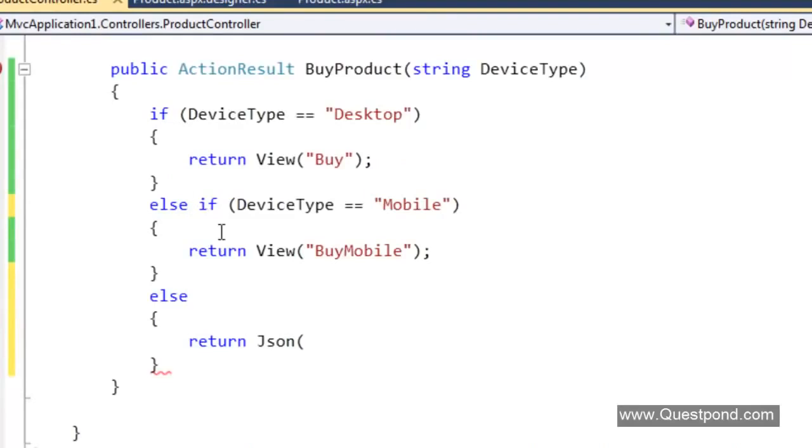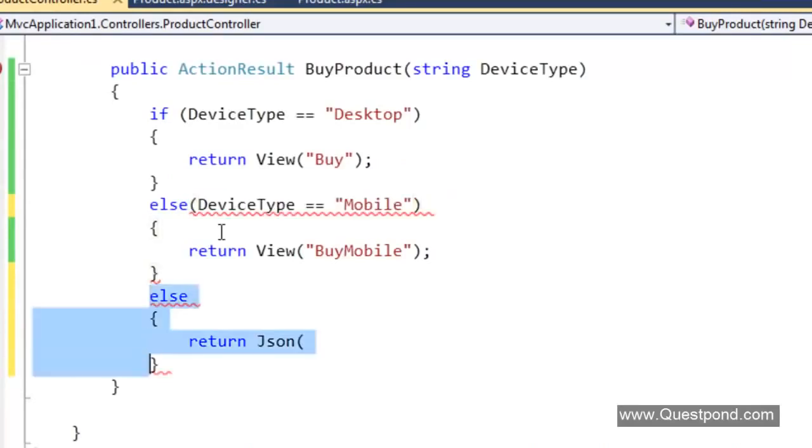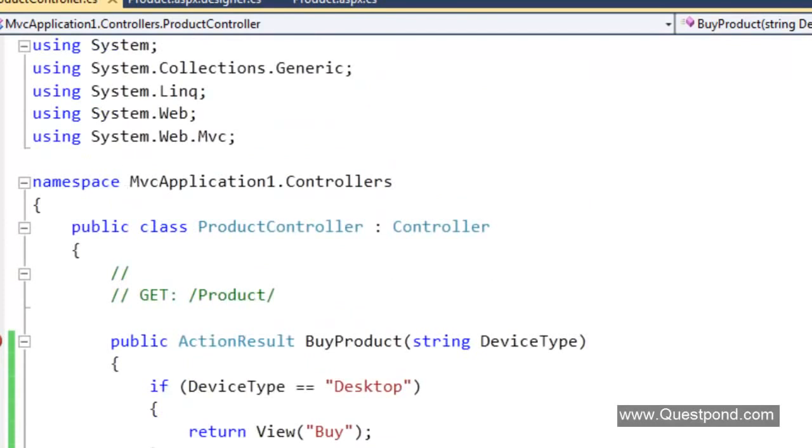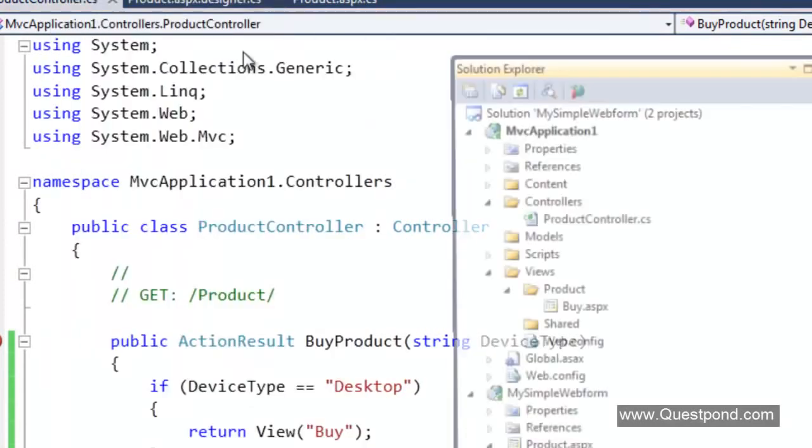So in MVC, I can do something like this. Here you can see that depending on the situation, I'm displaying a buy page, or depending on the situation, I'm displaying a buy mobile page. Now in case I have a model here, normally you go and add a model